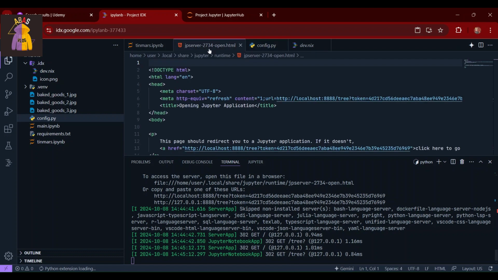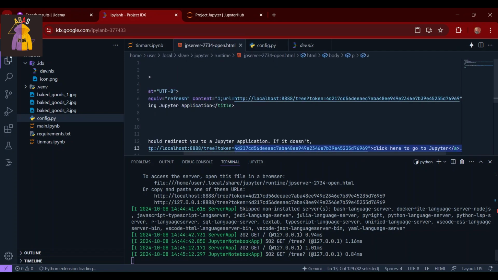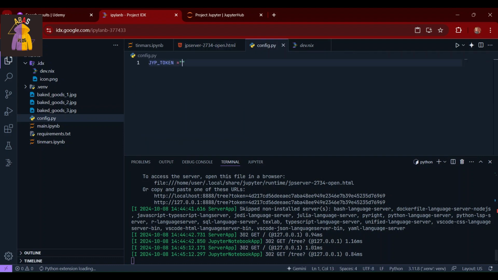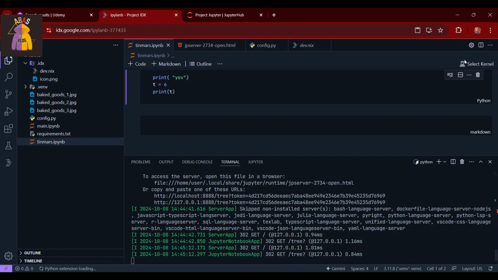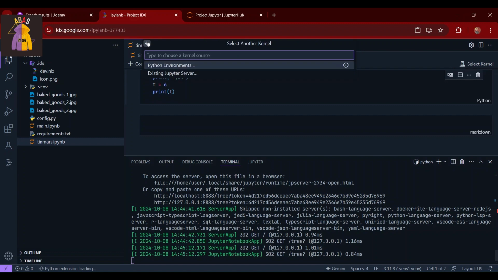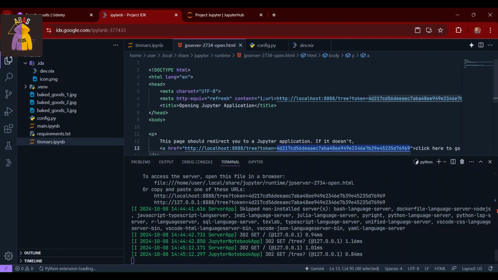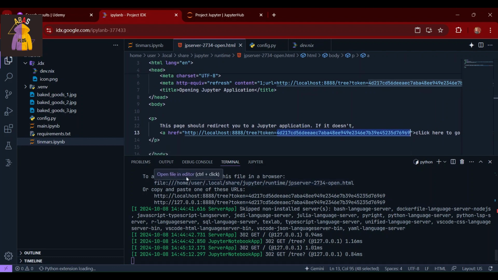And you also need to enter the token, which can be removed anytime, so you need to add it carefully here and give a little space, which is fine. After that, you have to save it. After saving it, it will detect this. You also need to enter the URL that you see in this terminal or in this HTML file, from the open file in editor or from the terminal itself.